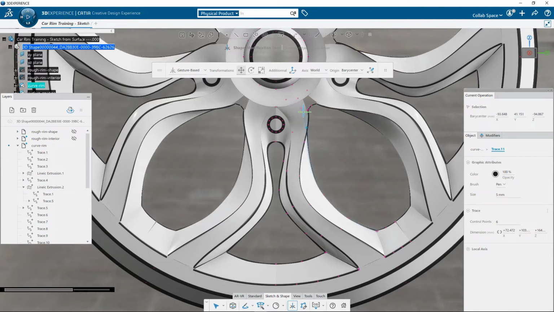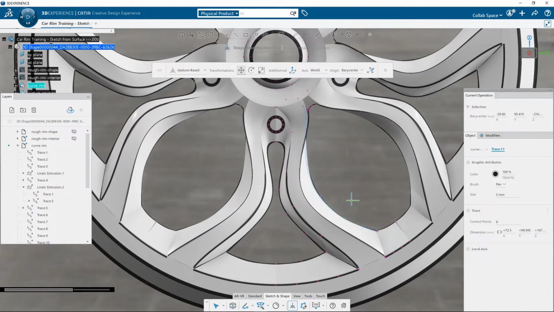Here I like the fact that with the visual modifiers, it is the complete rim concept which is updating with very great performances. For design research, it is very convenient to create hybrid models, mixing curves and surfaces, because you can explore variants and ideas very quickly.